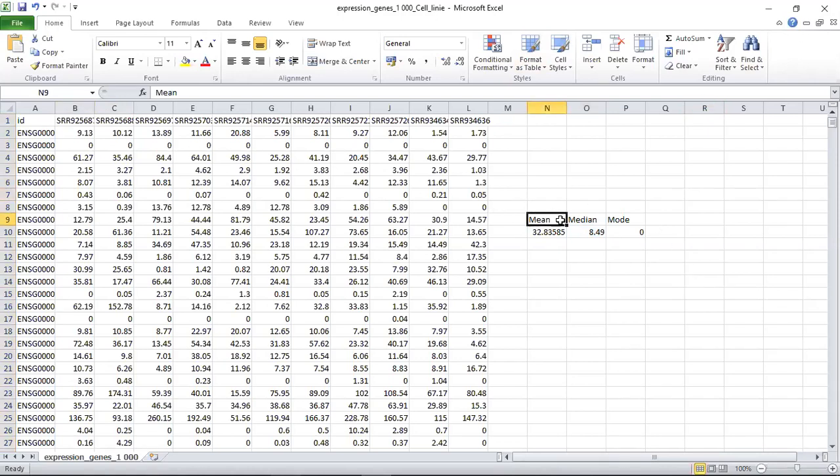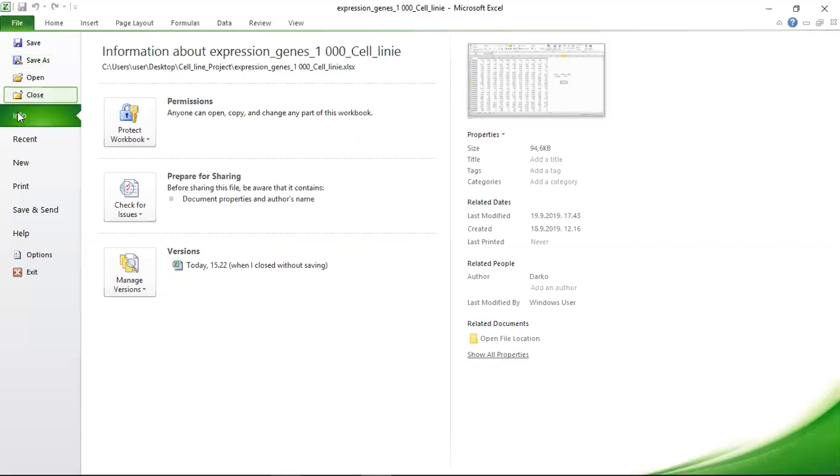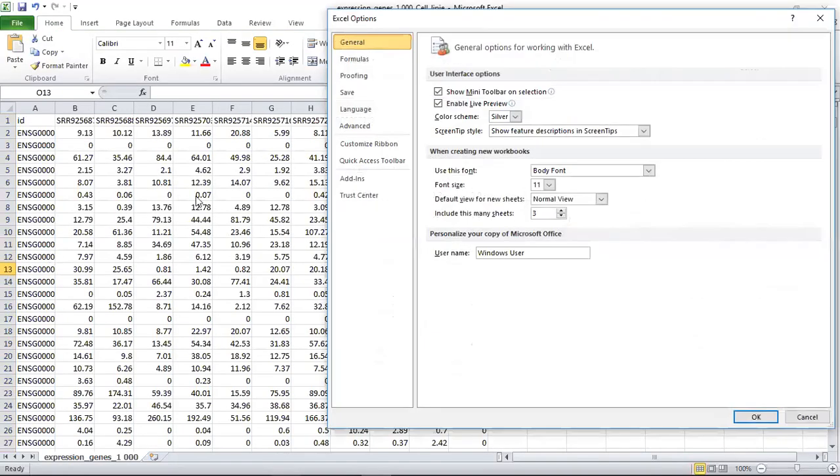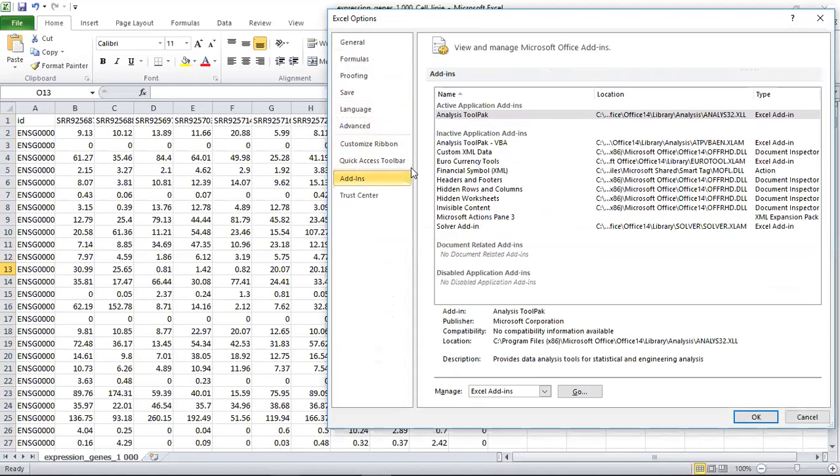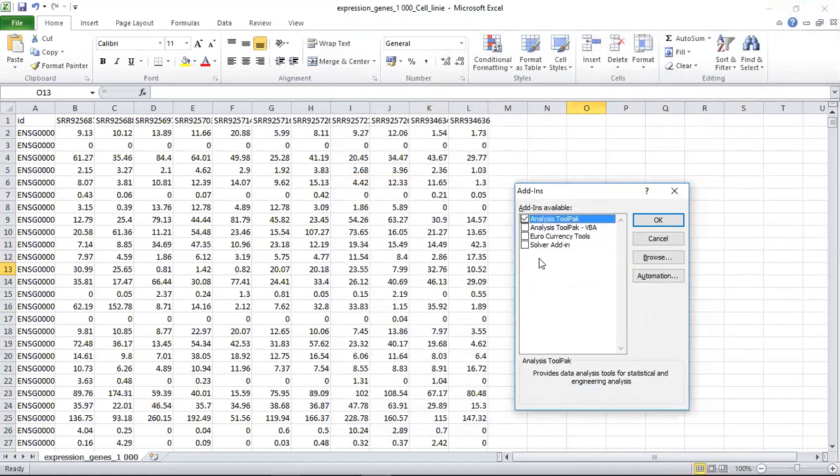Now, we calculated these, but to calculate descriptive statistics for all of them, not just zero, there is a simple way to do that in Excel. So we go here to File, Options, and under this tab here, Analysis Toolpack, we want to make sure that this toolpack is turned on. By default, this will not be in Excel, so you have to turn it on to run the analysis we're going to run right now. After we click OK,